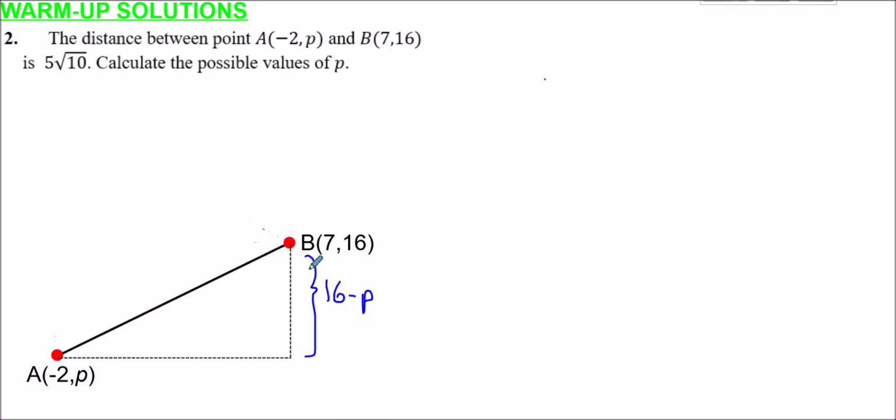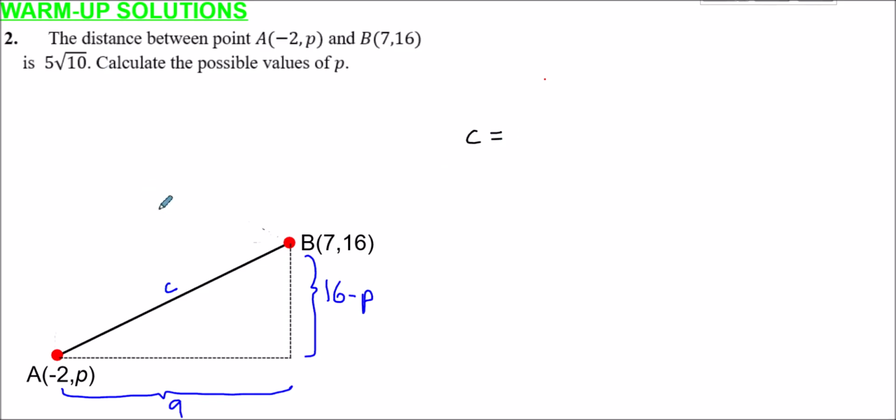In the same way, or a similar way, for the horizontal distance, if one point is minus 2 and the other is 7, we can work out the distance between them by doing 7 minus minus 2, which is 7 plus 2, which is 9. And so we know that we can use Pythagoras to work out this distance here. If I call that, I don't know, let's just call it c, by doing c is the square root of this squared plus this squared, all of that square rooted. And so c,